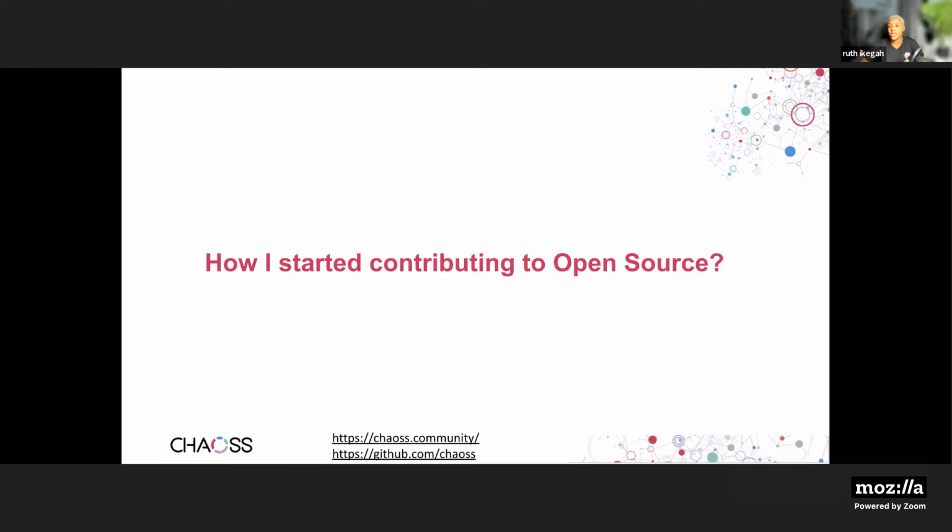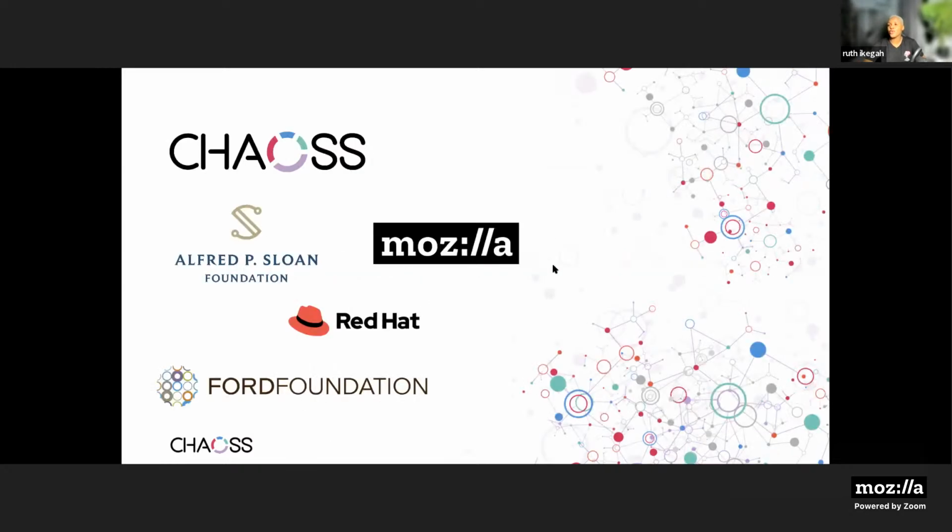That's why I have been here trying to create metrics and helping to create an inclusive environment for people to come into open source, to feel included, to be able to participate as well. So that's a short story on how I started contributing to open source, and I still do contribute to open source actively. So let's go into the CHAOSS project, and I outlined some of the foundations and companies